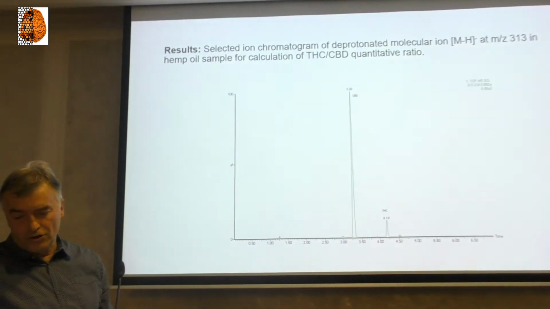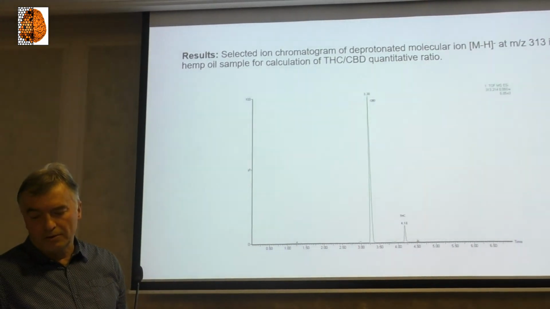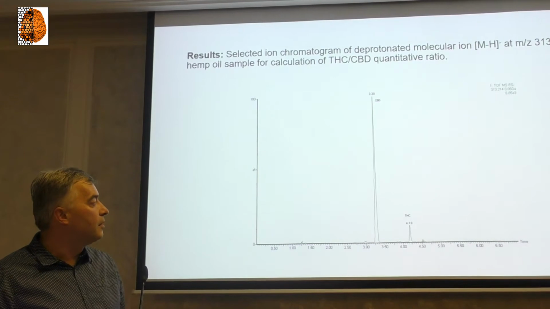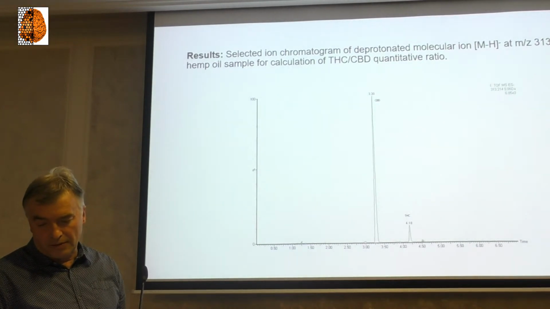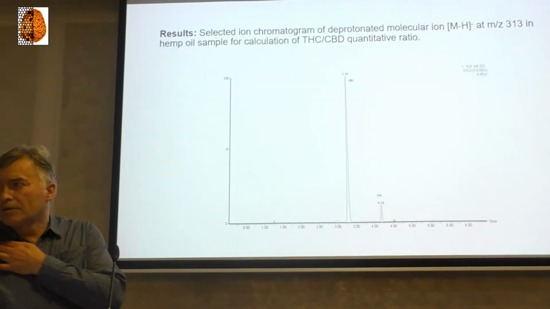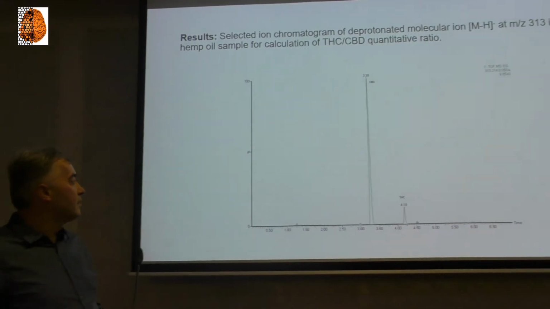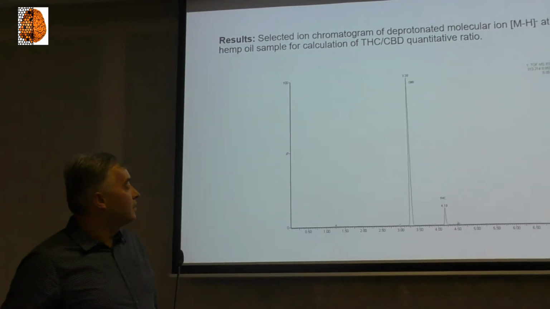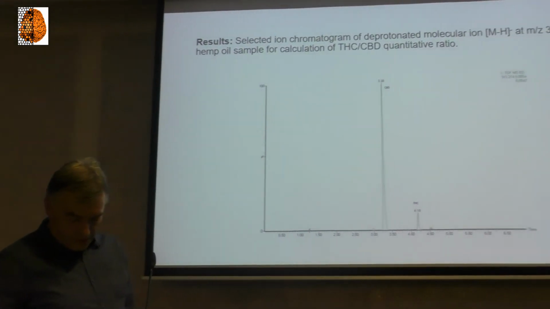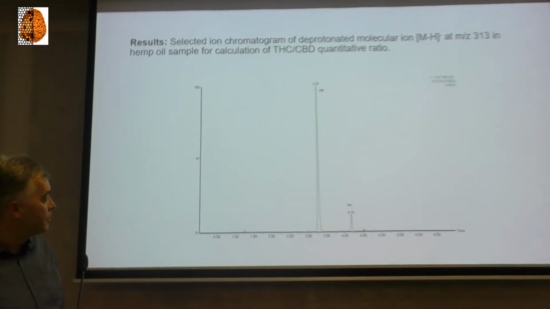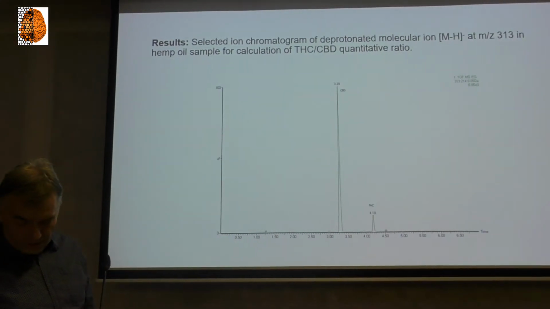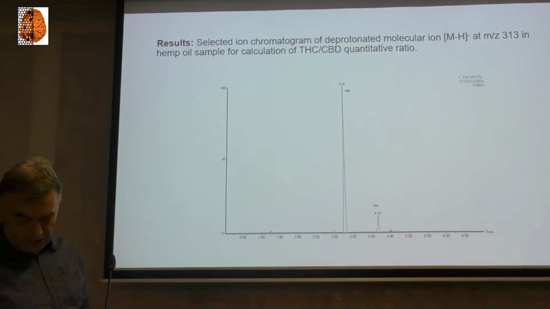The quantitative ratio between those two compounds is obtained from the same or from the previous LCMS chromatogram. Integration of those two peaks shows the ratio between CBD and THC,